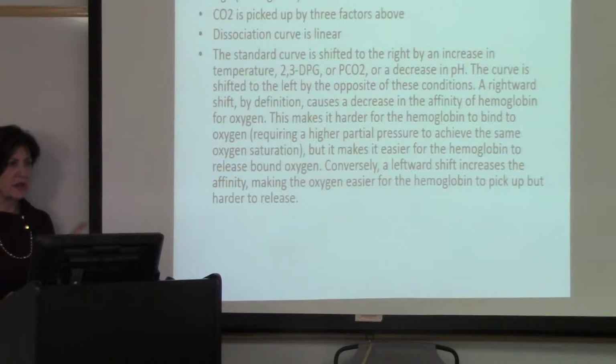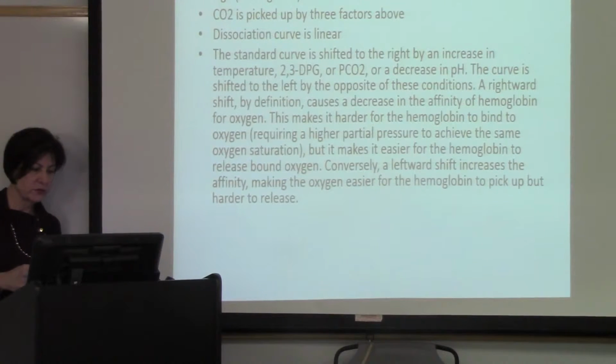When you have a shift, I'll show you this bell curve. When you shift to the right, that means that somebody's temperature has gone up, their PCO2 has gone up, and their pH has gone down because they've become acidic. If you shift to the left, it means that their temperature is low, their O2 level is high, their CO2 level is low, and their pH is alkalotic, so it's high. When you have a right shift, that means you need less oxygen, and when you have a left shift and you're acidotic, you want more oxygen.